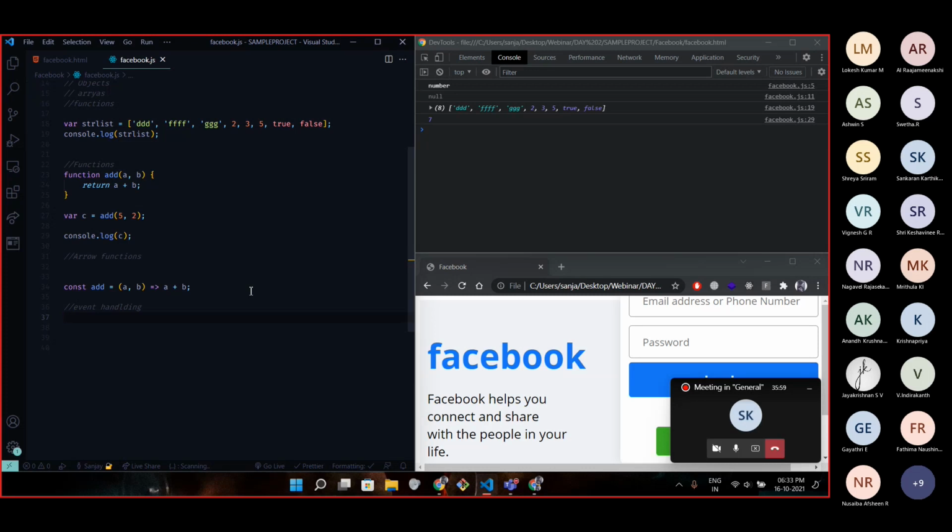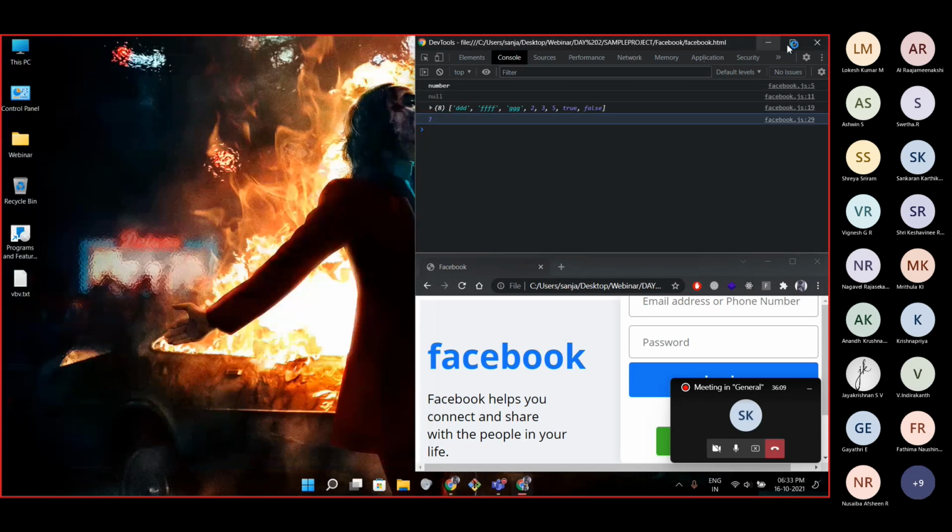Now let's get into TypeScript. TypeScript validates your JavaScript ahead of time. So what I'm trying to say is,